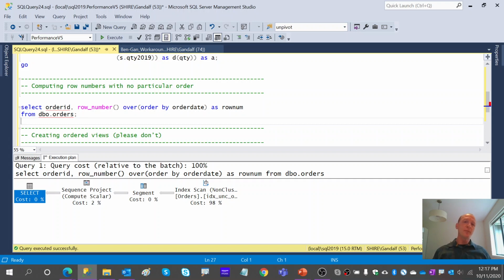So I'm sure many of you, when you needed to compute row numbers that are not based on any specific ordering, wanted to find a technique that allows the optimizer to know that ordering is irrelevant, even if we must indicate an order by clause. I remember the first time that I tried to do this, my initial attempt was to put a constant here.